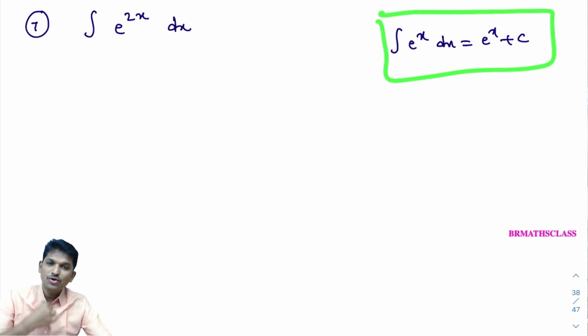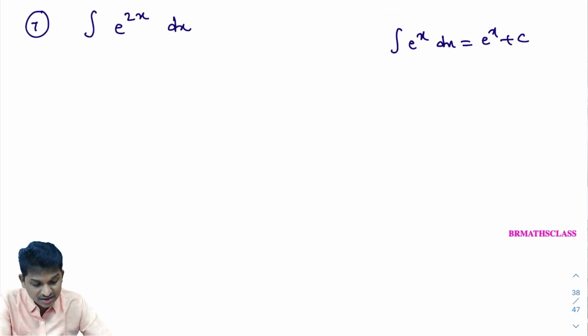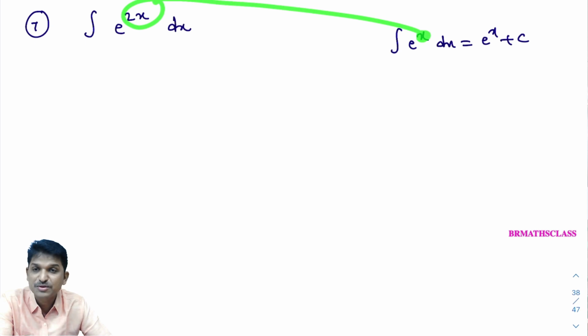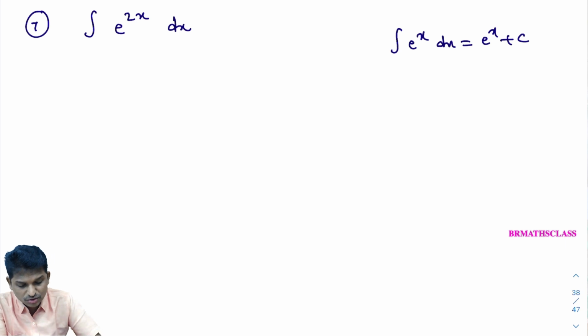Correct? So what I'll observe here, in place of x, ax plus b is there. Here x is there. In place of x, ax plus b is there. What is this model? You learned 19 formulas. In all 19 formulas, in place of x, if ax plus b is there, how to write its answer? So this comes under that model or not? Yes, it comes under that model only. In place of x, ax plus b is there. Then you tell me what to write its answer.